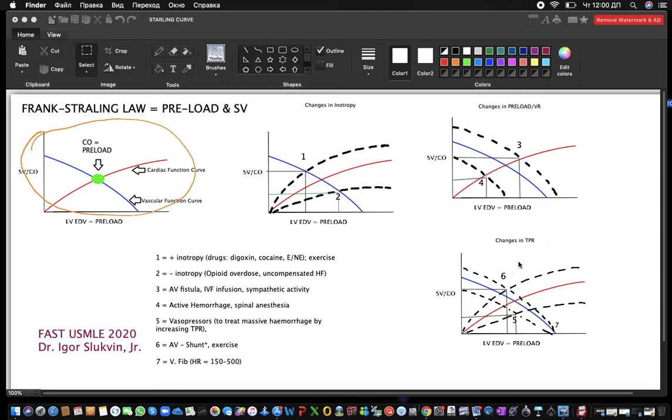I added changes in TPR. This is a little more complex. This is if you're going for the 250s, and it's just important to realize that these things interplay with each other, but for basic science purposes, you want to know, as I'll explain,